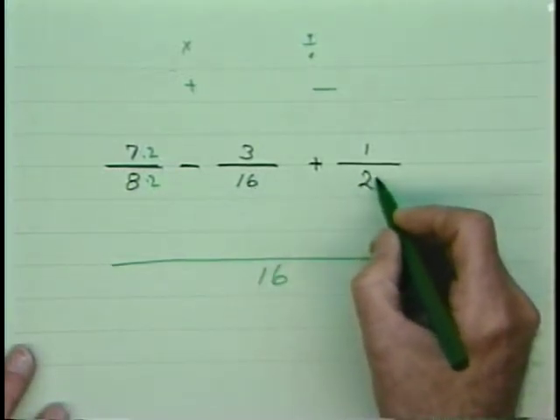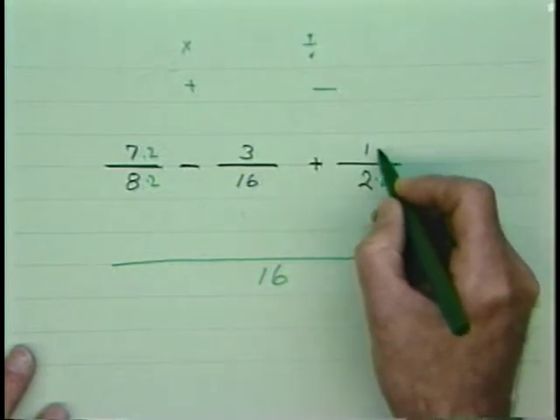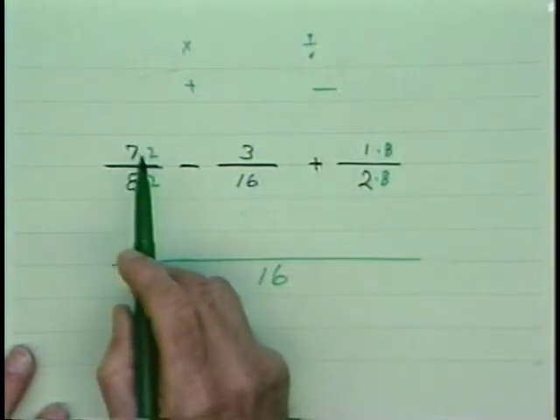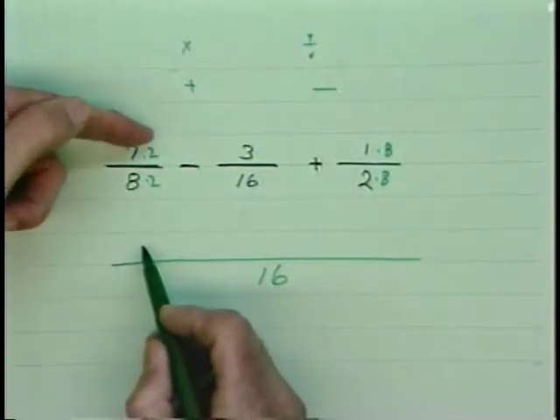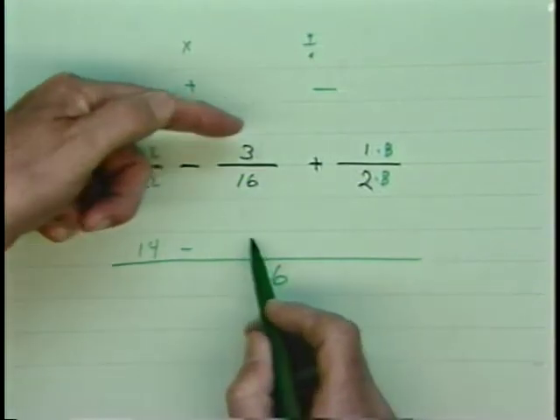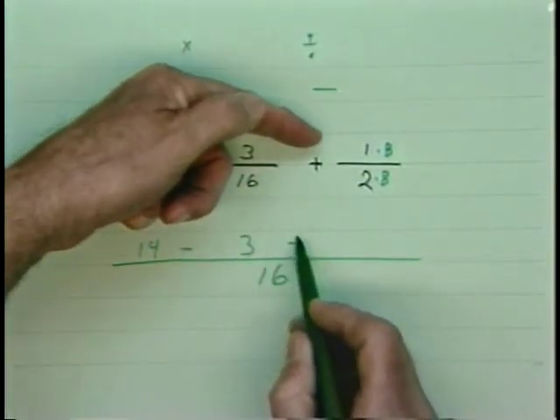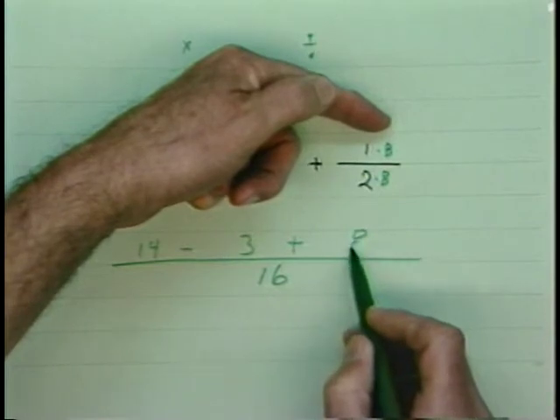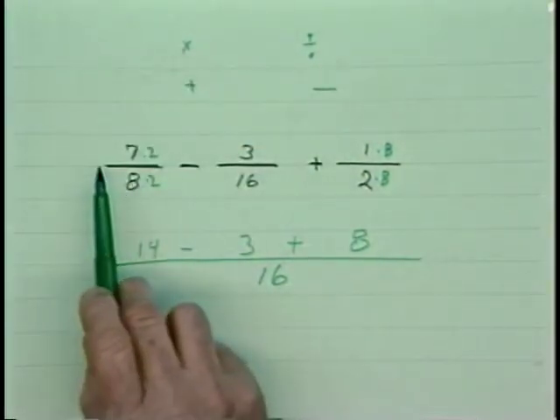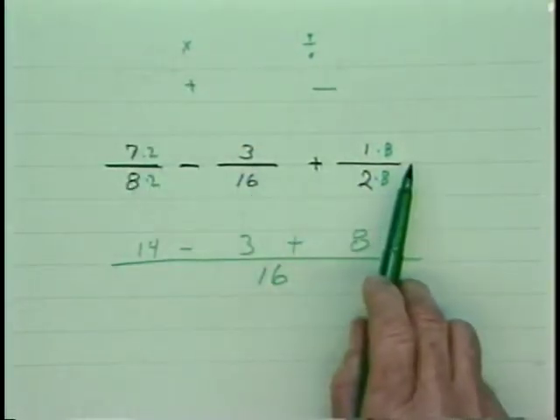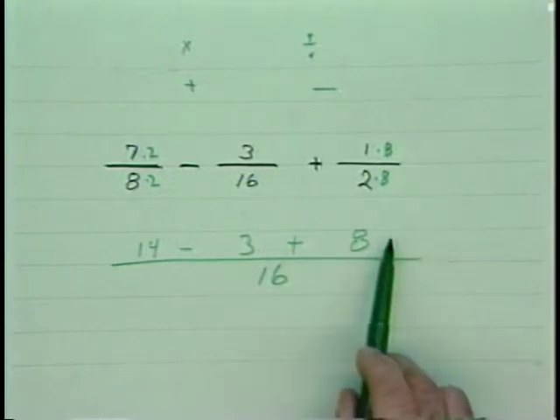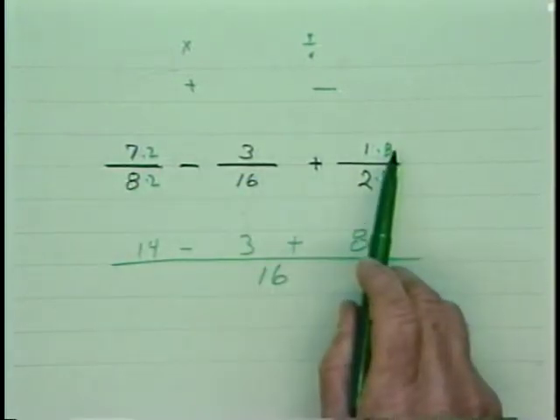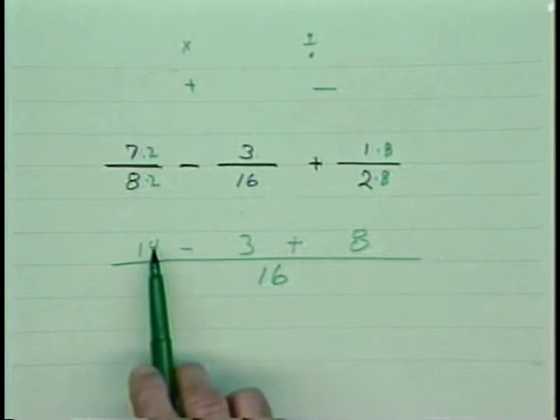We can build the 2 by an 8. Then the top now becomes 14 minus 3 plus 8. So it looks as though we're doing all 3 at once, but really we're just setting it up at once,